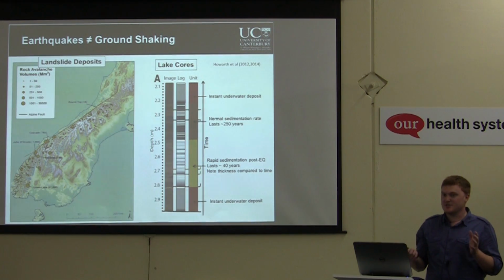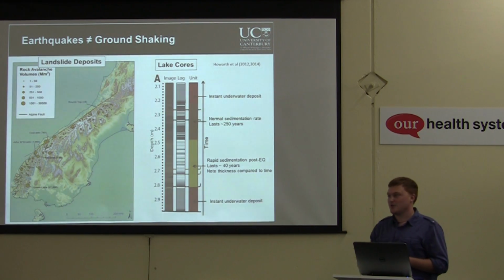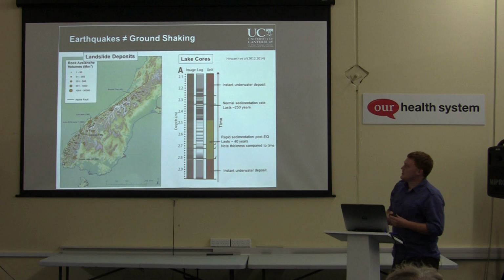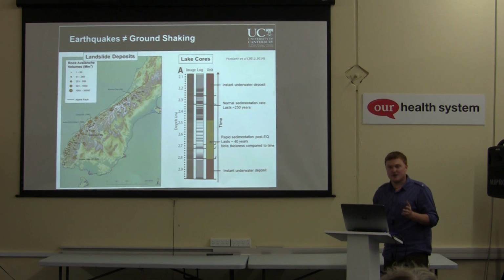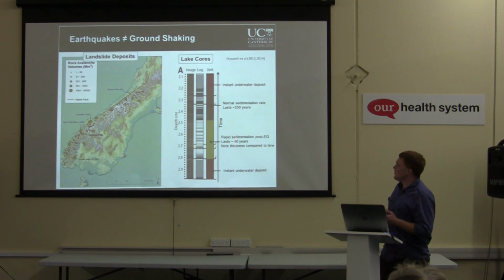Earthquakes are not just the ground shaking and the strong shaking that we feel. We also have the liquefaction, the rockfall, the landsliding, and a whole ream of other effects. And this is just some examples of how we know that this also happens in Alpine Fault events. So this is the lake cores that Jamie was talking about, showing you the turbidites in each of the lakes, followed by the